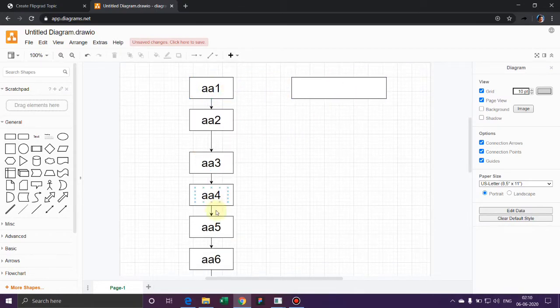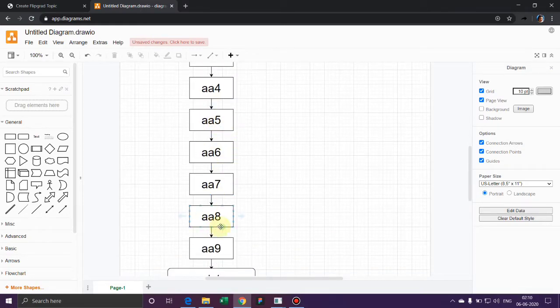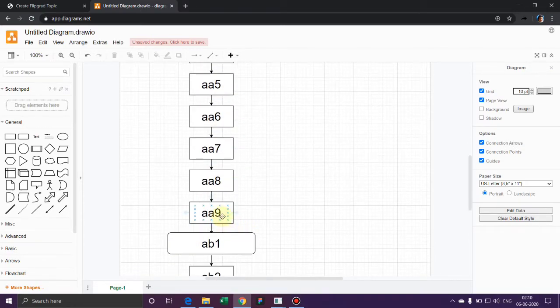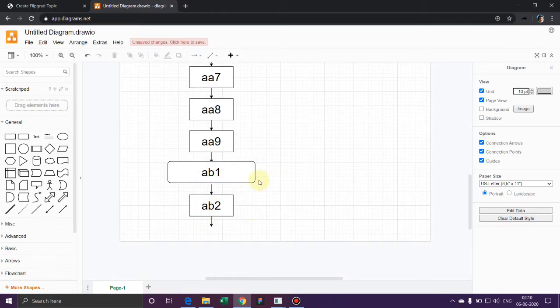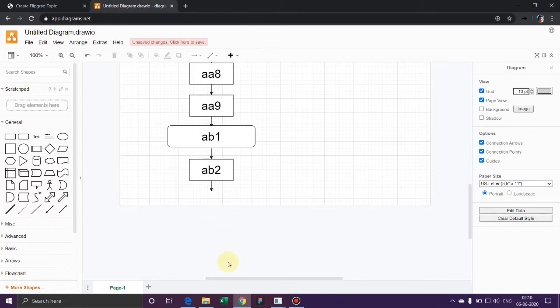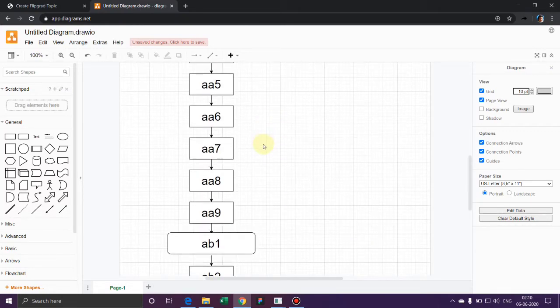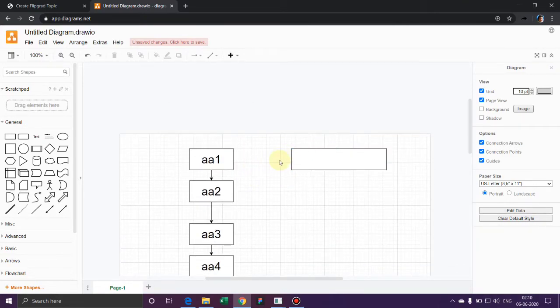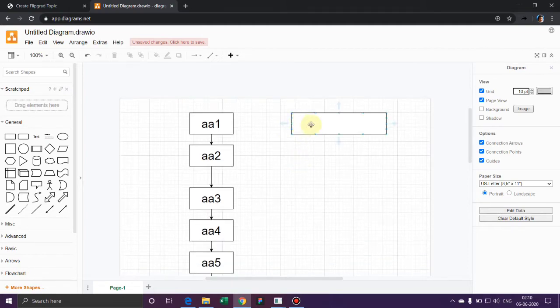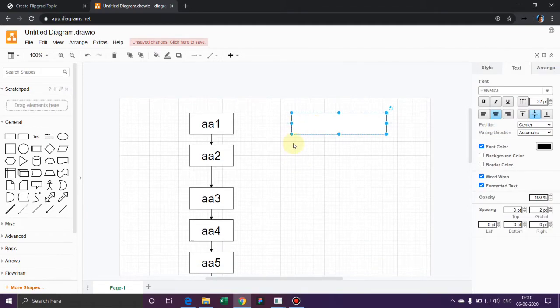So that's just a common concept. After reaching AA9, you're not supposed to use AA0 there. You're supposed to replace this A with B and then AB1, and you can continue this flow: AB2, then AB3, AB4, like this, so that all these videos can rearrange in this particular order. So if a topic has the ID AA1, it will appear first, and then if you are uploading a new topic and you give the ranking ID as AA2, that particular video will appear just below that first topic, like this in our application.